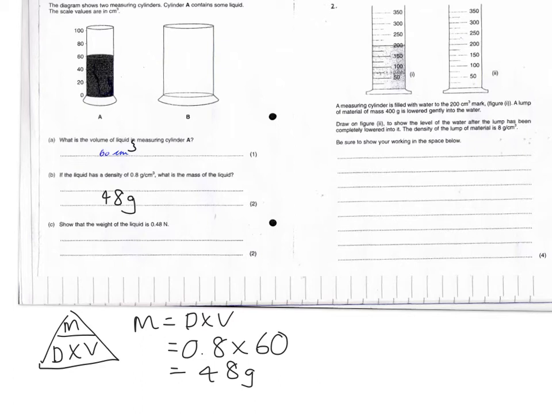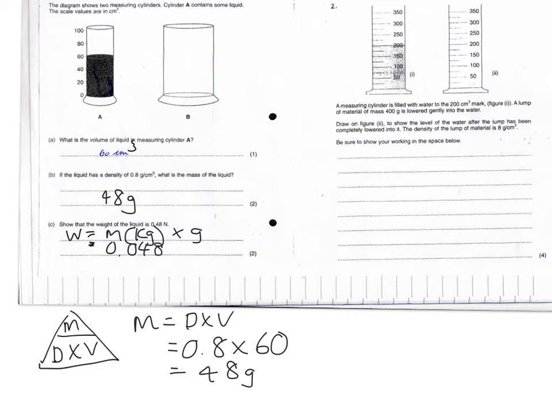So now the next question is a show that question. So show that the weight of the liquid is 0.48 newtons. Okay, so in this circumstance we need the equation which links weight and mass. Remember, weight in newtons equals mass in kilograms times gravity. Now, we need to convert 48 grams to a kilo, so we need to divide by 1,000, so that's